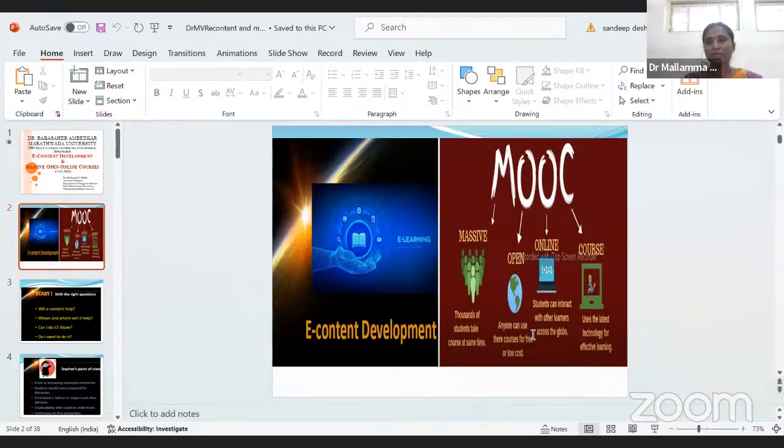Like Swayam, Coursera, NPTEL: they provide courses where thousands of students can enroll at the same time and finish their courses without any disturbance. Few are only for knowledge purposes, so they are free. Few come with a certification, so they may be charged a small fee, or they are also free. Then anywhere, anytime you can access the data. It is not restricted; you do not have to sit in a class to learn.